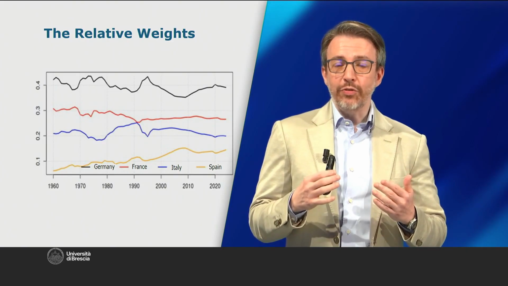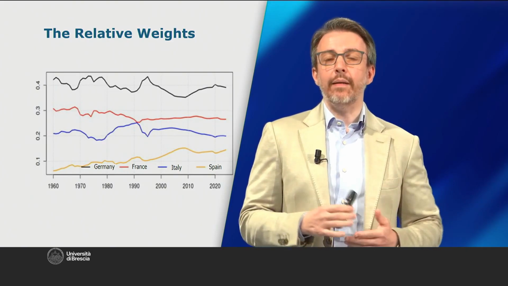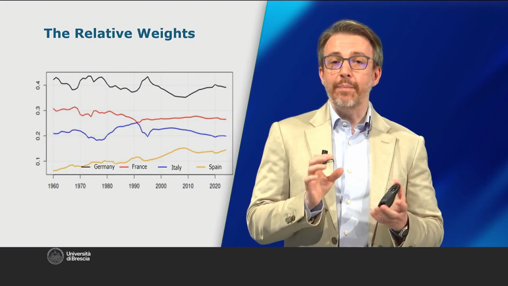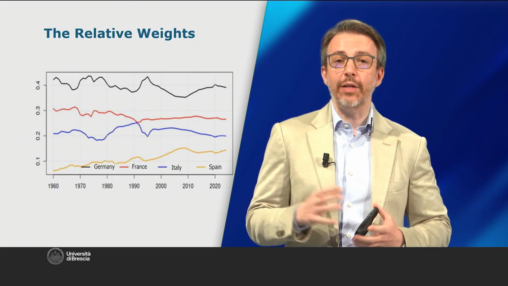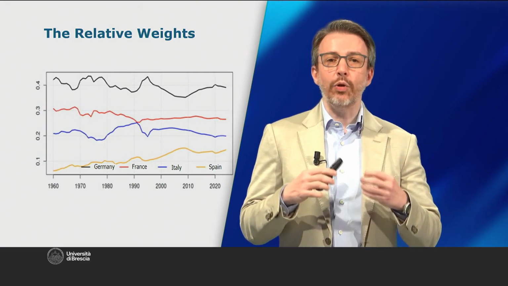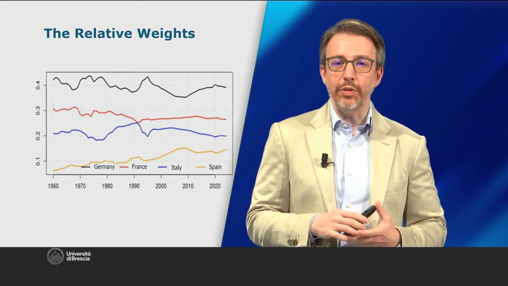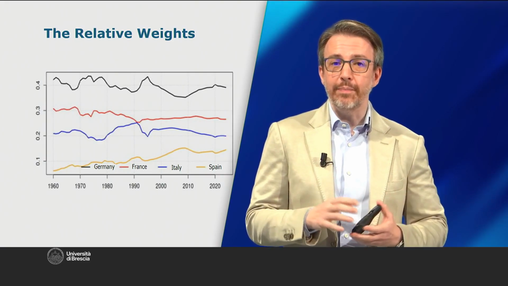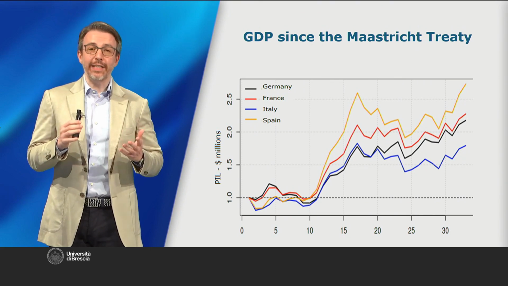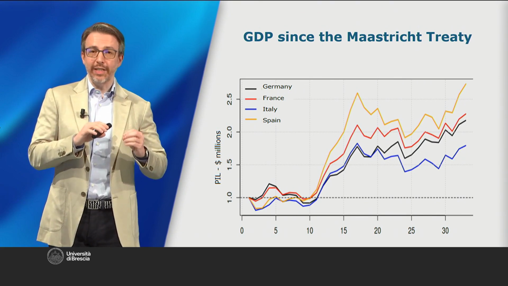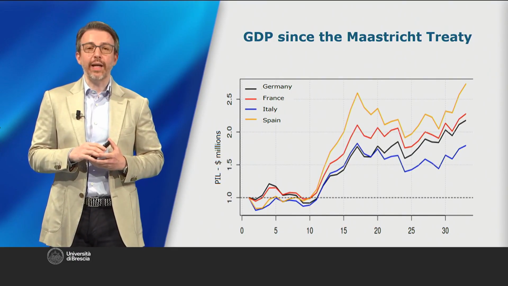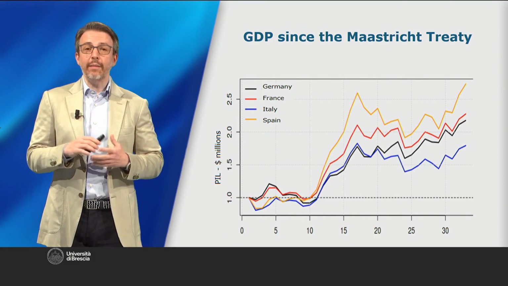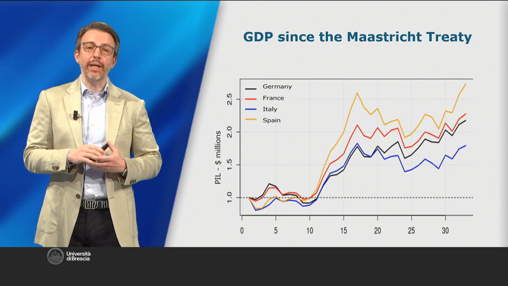From the point of view of someone looking at the historical series, we can also change perspective. Instead of starting from 1960, we can start from other significant dates and see how the growth of these countries has evolved, with particularly different results. If we start from 1990, the year the Maastricht Treaty and the European Union were created, we see that Spain is the country with the highest growth. It's the country that, more than the others, has been able to benefit from the Union.